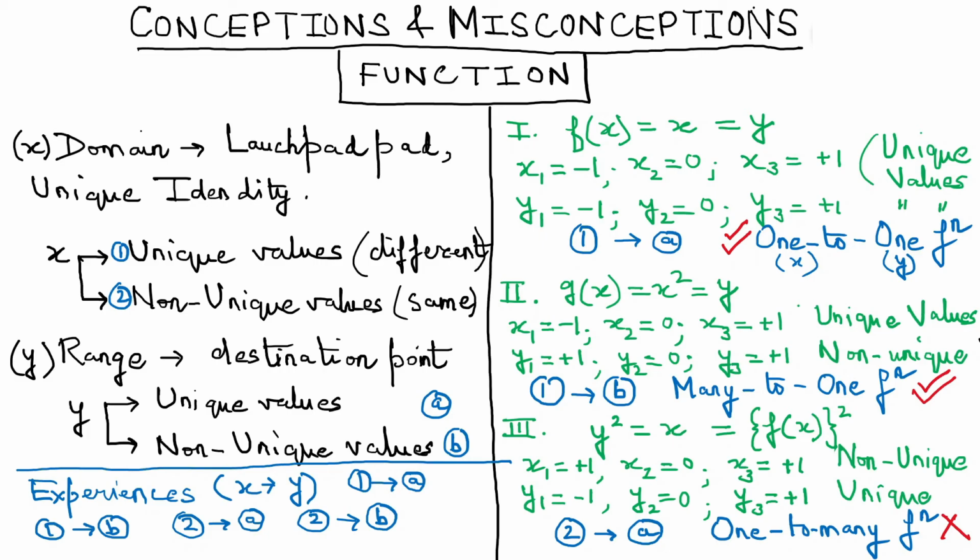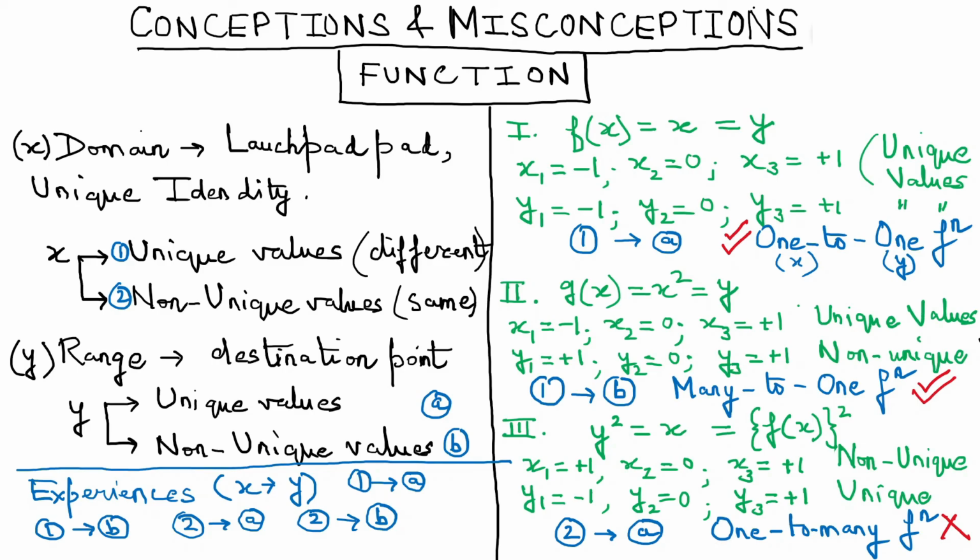Once fresh concepts have been brought into the picture, I as a learner have learnt that a function will be called a function only and only if it has a unique domain, wherein all the domain elements should be different for either the different values of the range or the same values of the range. And the best example for a many-to-one function is a constant function,